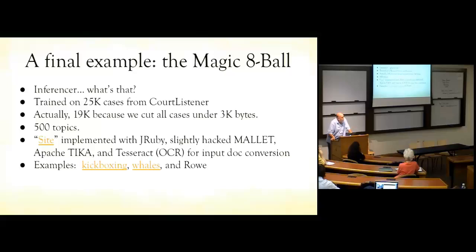500 topics, that was a number that we arrived at by the iterative process that Sarah was describing earlier, which is to say we basically kept increasing the number of topics until we had the kind of granularity we wanted in what it was finding without it generating a huge number of junk topics. We tried to keep that under about 10%.